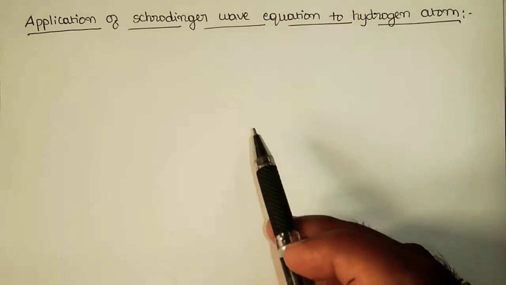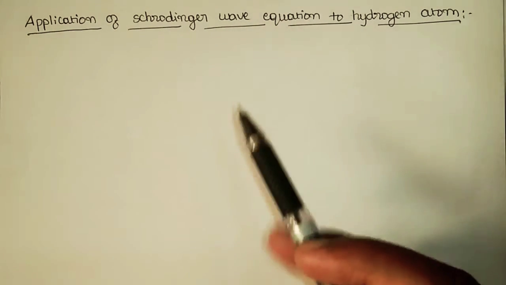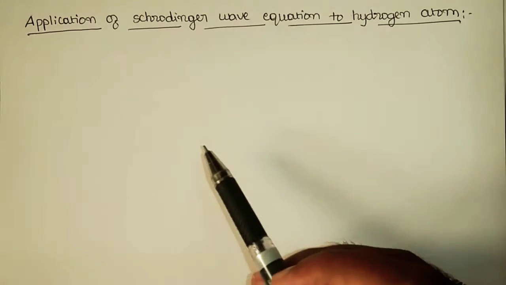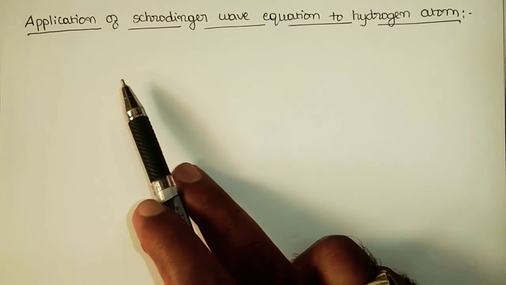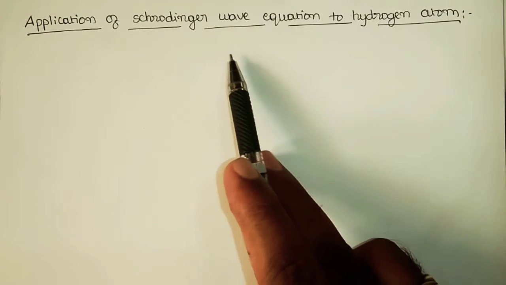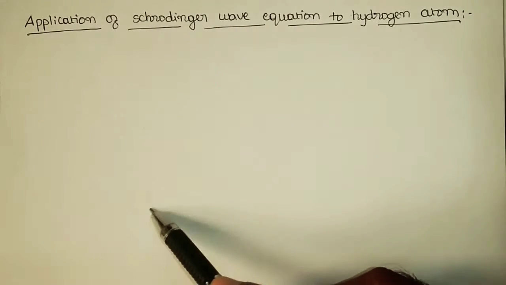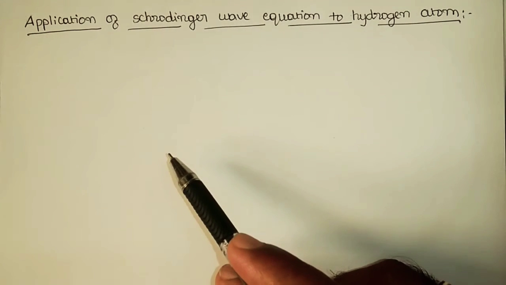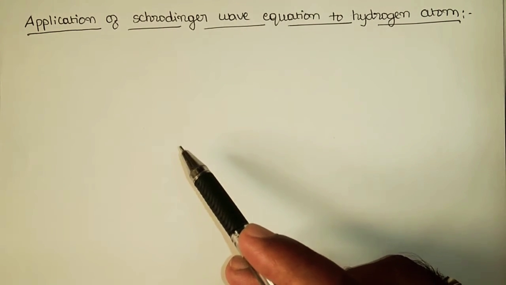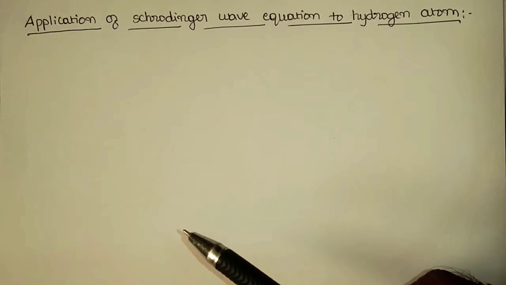Hi everyone, this is the continuation of quantum chemistry classes. In this video, we shall learn about application of Schrodinger wave equation to hydrogen atom. It's a very important concept because we are well aware that if you consider an atom, in that atom there